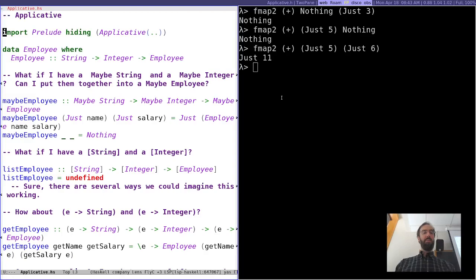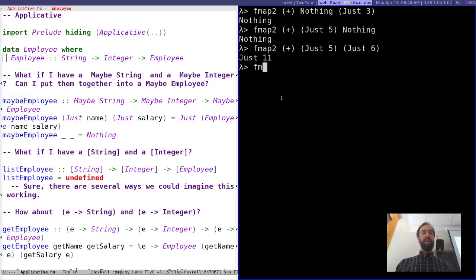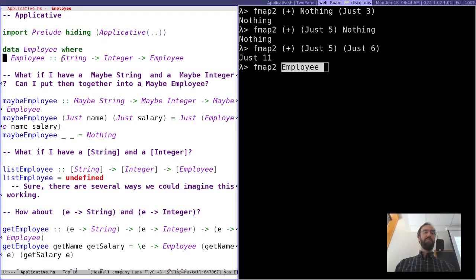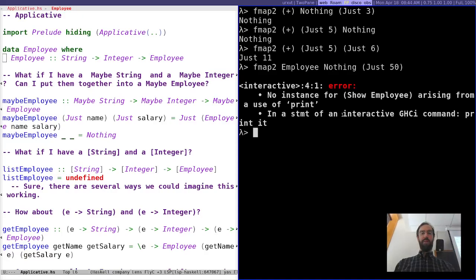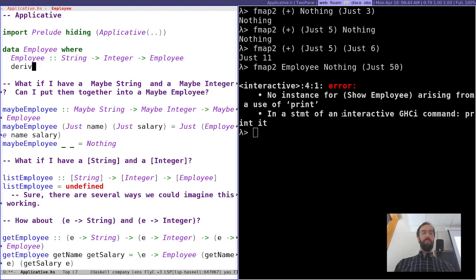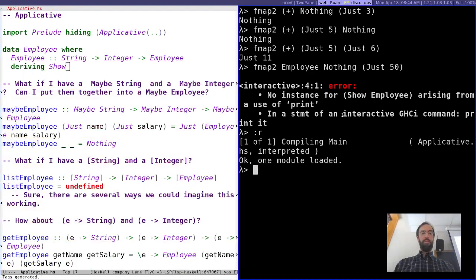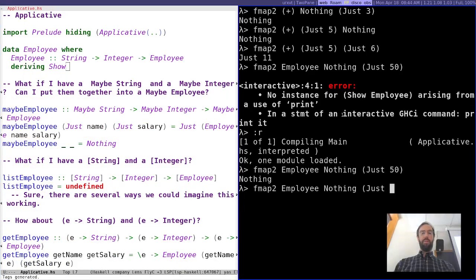That's exactly kind of what we were thinking. I could even do it with employee. So employee is this constructor, which we can think of as a function that takes a string and an integer and builds an employee. So I could say fmap2 employee, and then if I've got nothing and then just empty, nothing, right? But if I say just,